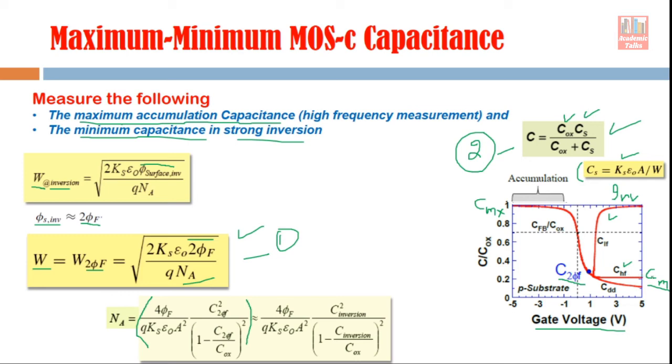The CHF is the minimum capacitance, and this capacitance is sometimes also known as the inversion capacitance. I am writing it here with another name, inversion capacitance, IN. So instead of mentioning the capacitance at 2 times the Fermi potential, we just use the term inversion capacitance,